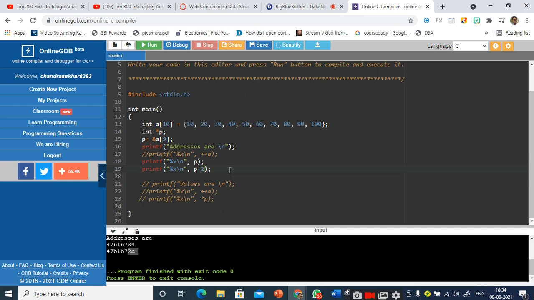You can try the remaining operations. The only operation that I have left for you is the difference of 2 pointers, that means the subtraction of 2 pointers. And remember, when you are subtracting 2 pointers, the 2 pointers should always point to the same array with different locations. So you try that program, and another program you can try is the relational operations, whether you can perform the relational operations program or not. Is it clear?